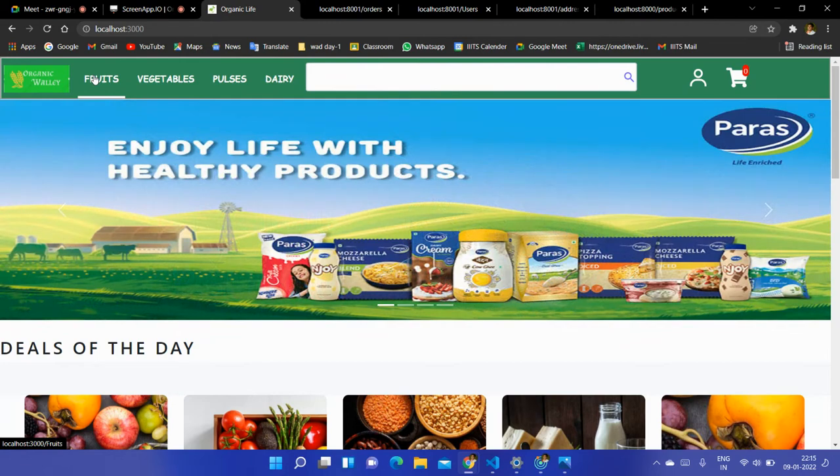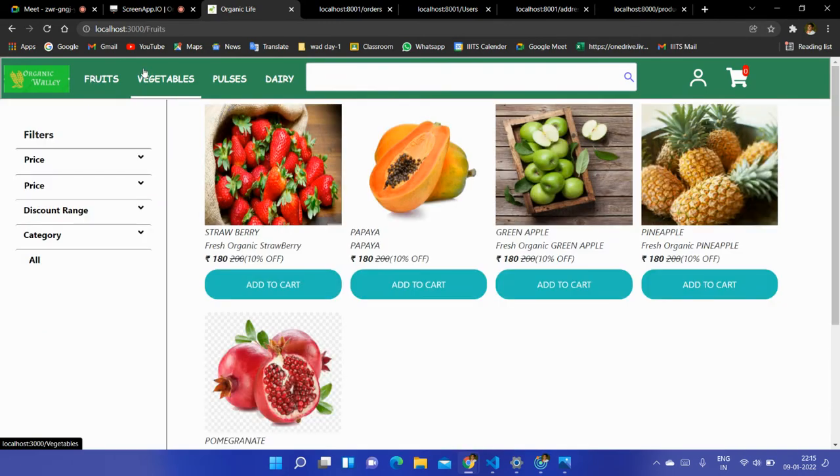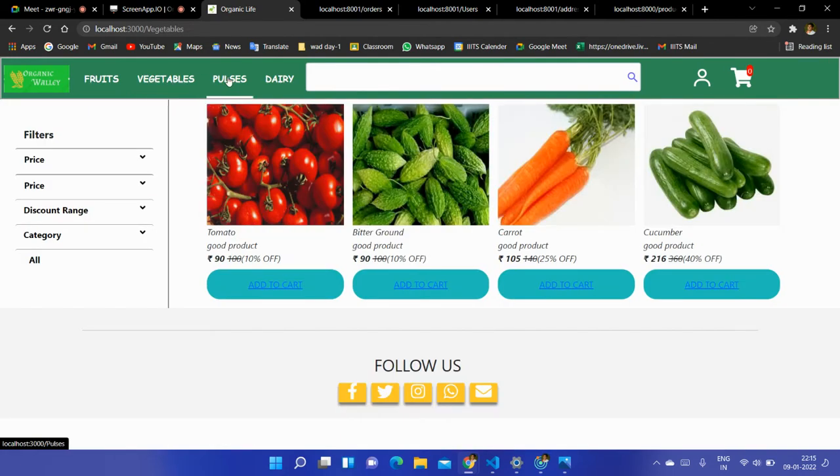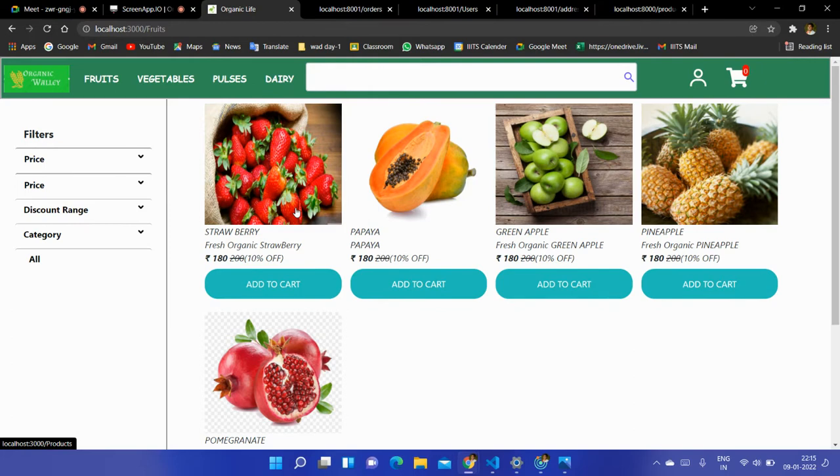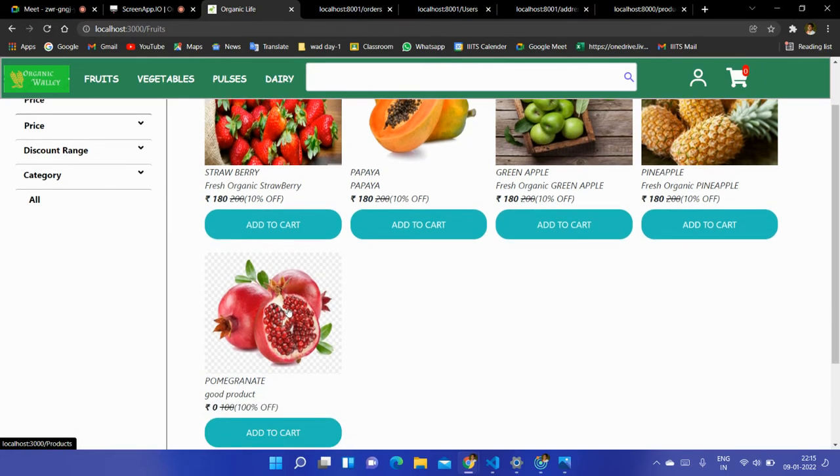Next, coming to the products which we are selling. The products displayed in the categories of fruits, vegetables, pulses, and dairy are basically added by the admin or users who are registered as sellers.